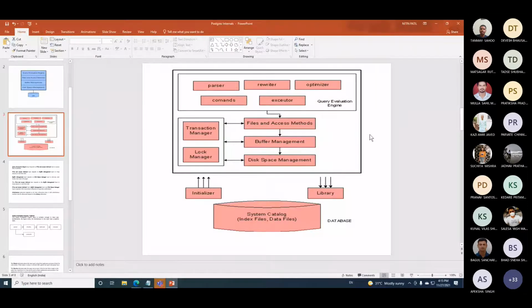Now we saw file access method, we saw buffer management. Buffer management will be necessary because whenever I'm trying to insert one record, say for customer with customer ID 10, before inserting it should verify, because customer ID itself is a primary key, whether a record with value 10 for customer ID exists or not. If it exists, then it should throw an error. No duplicate value permitted. The unique constraint is always applied. This is done in the buffer. Now the later part comes, disk space management. Now let me show you that disk space management too.